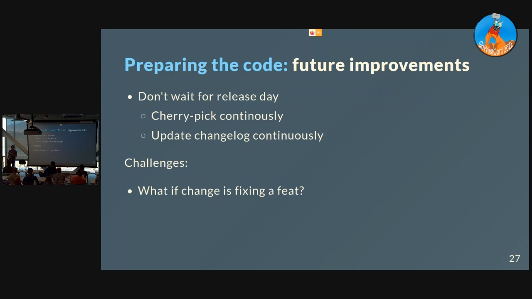But for future improvements, doing this manually on release day isn't the best. I would definitely recommend maybe looking into doing it continuously. I do think having some process around being able to cherry pick things on the release day and getting that process going is probably an improvement, but we've got some challenges where we can't just automatically say, oh, the type for the conventional commit message is fix, so we go ahead and merge it. You still need to know the context of what that fix is fixing,